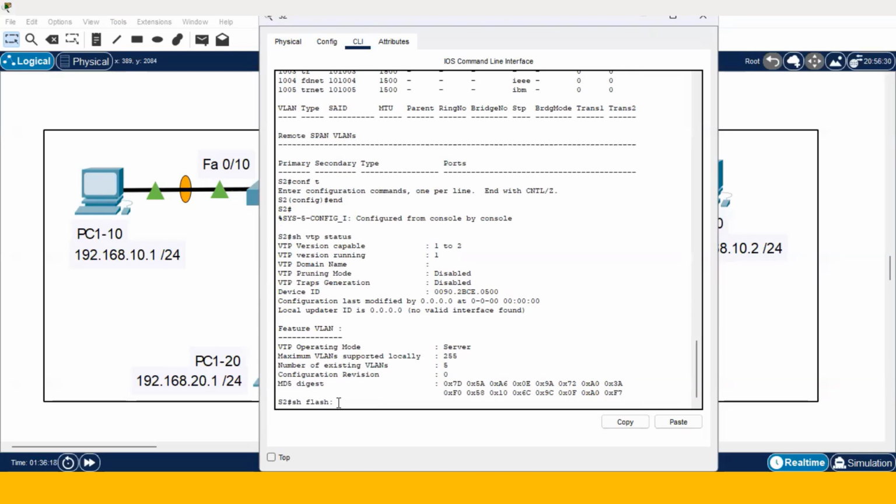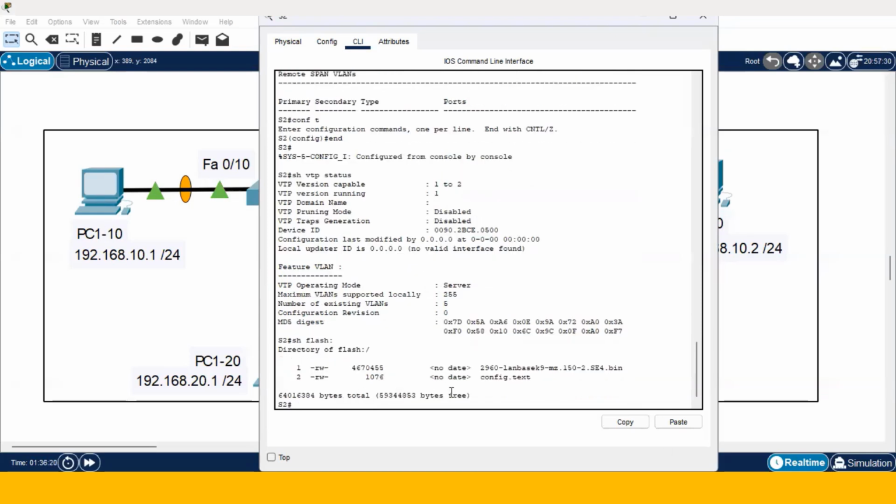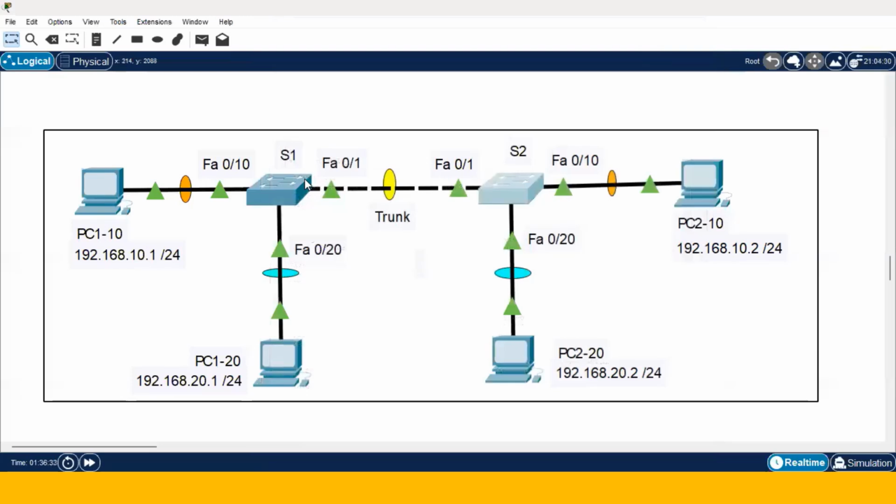flash colon enter. There is no VLAN.dat file in here because there is no database for VLAN. We haven't created any VLANs on switch 2. Let's go ahead and